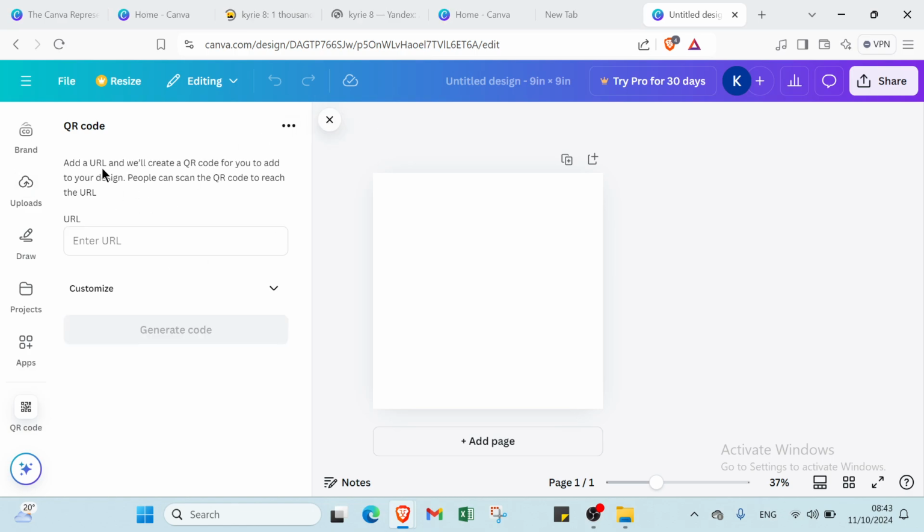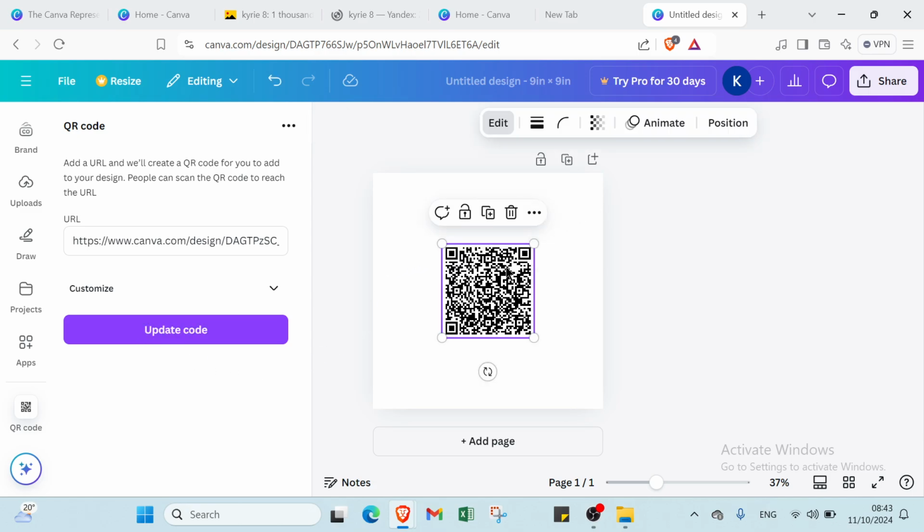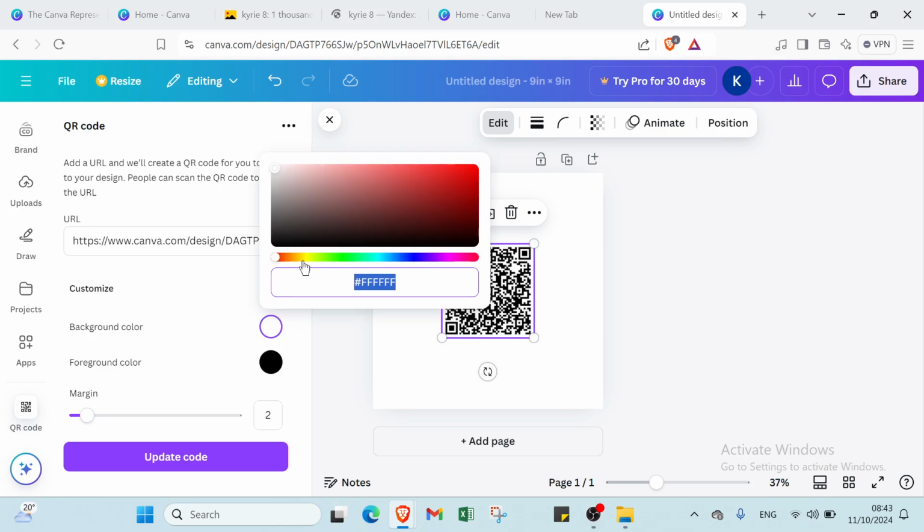As you can see here, we have again add URL, and we will create a QR code for you to add to your design. People can scan the QR code to reach your URL. So I will just paste it here, and then I will click over generate code, and you will find your code here. So you can also customize the background color. For example, I will select here like that. I'll set the background here like